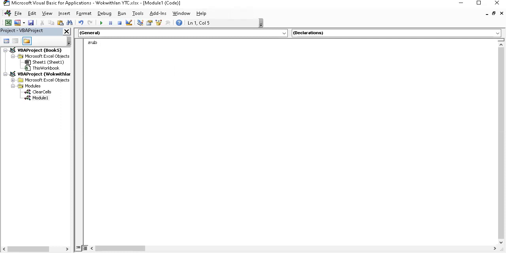Sub SampleOfVariable, then open and close parentheses. Click OK. Automatically, there will be an End Sub there. It signifies the end of your sub or your program, whatever it is. Since we will be discussing all about variables,